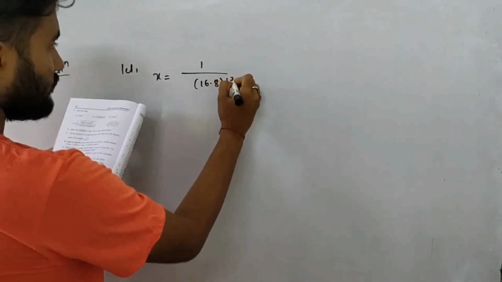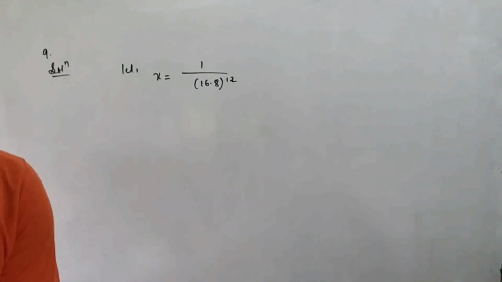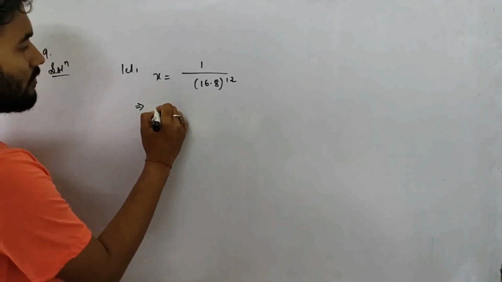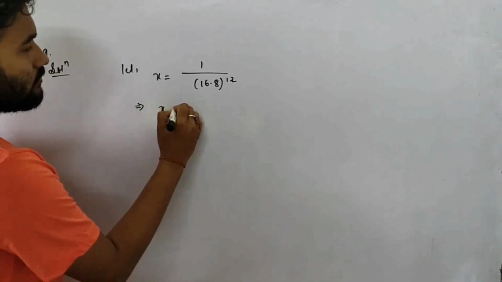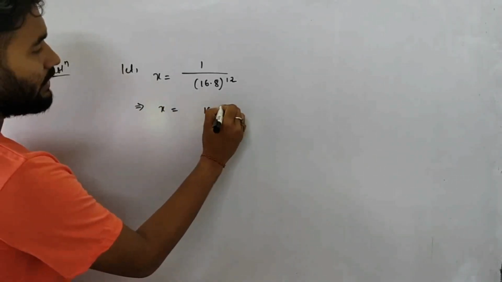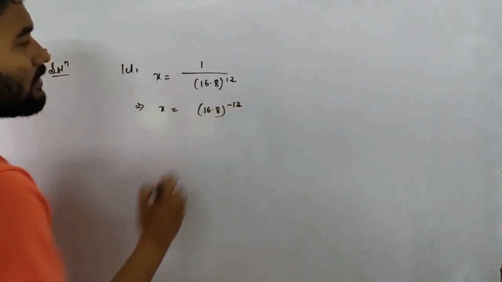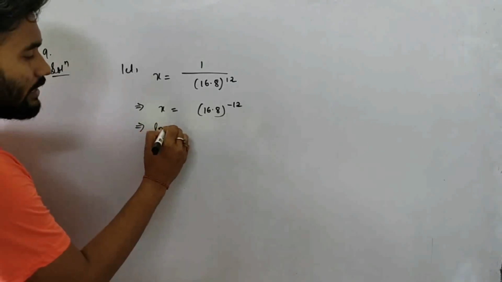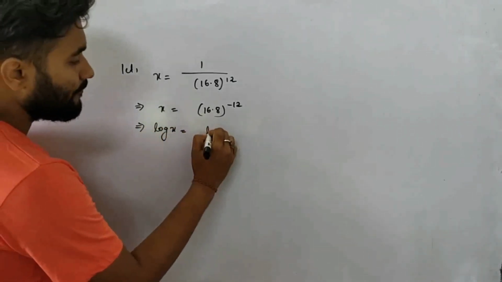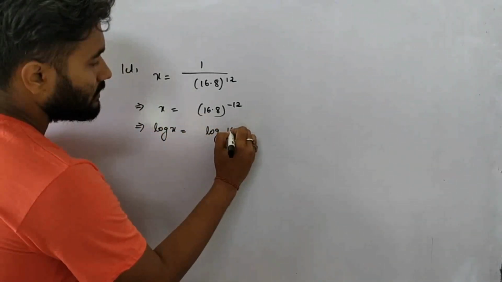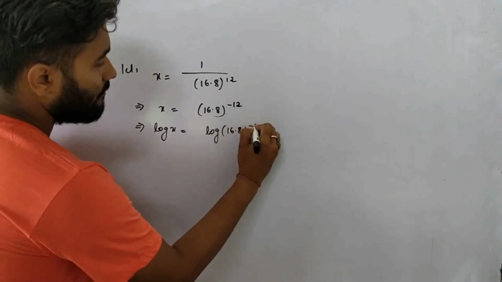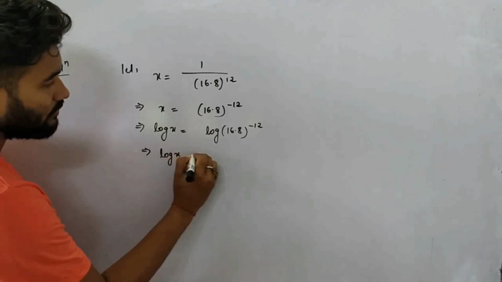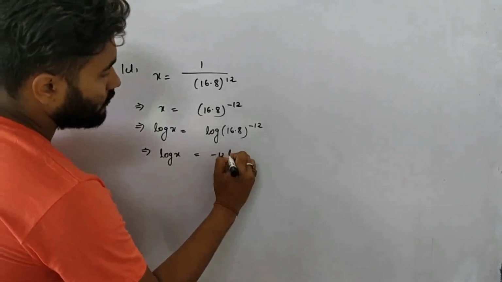So x will be equal to 16.8 to the power minus 12. If I take the reciprocal, then add log on both sides, log x will be equal to log of 16.8 to the power minus 12, which implies log x will be equal to minus 12 into